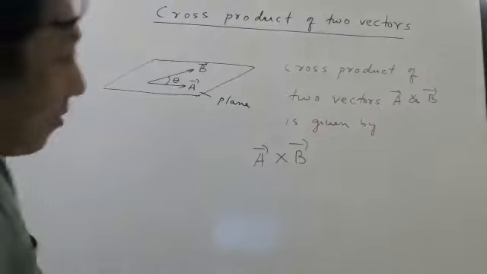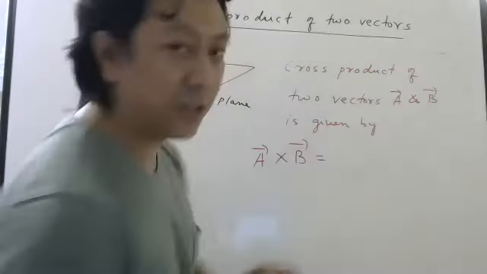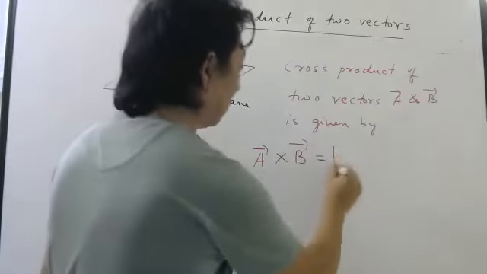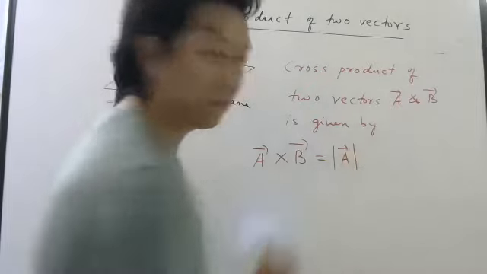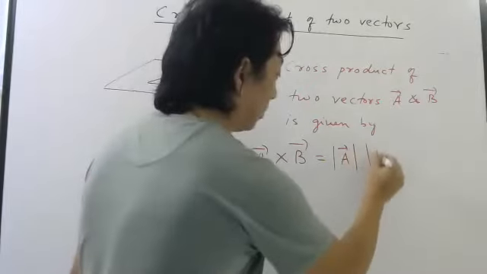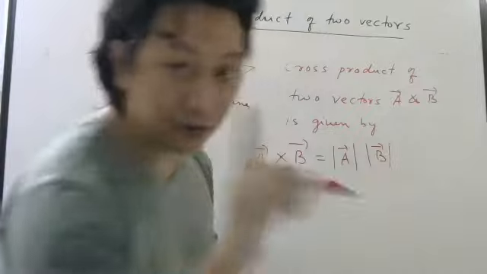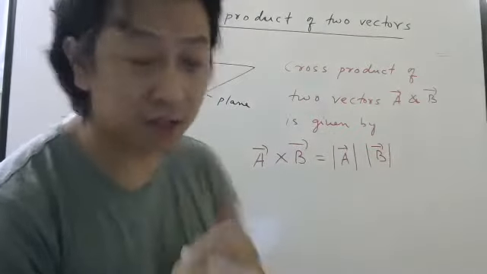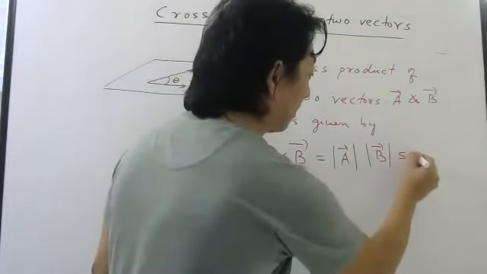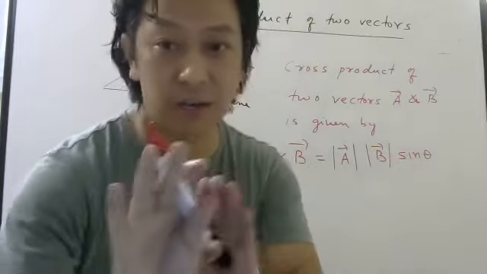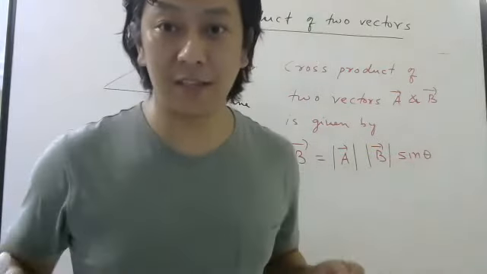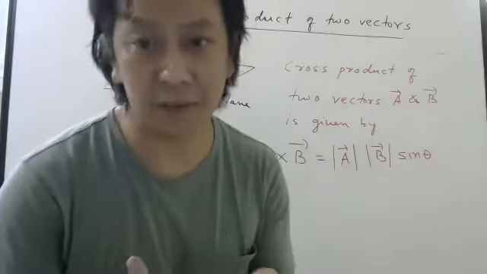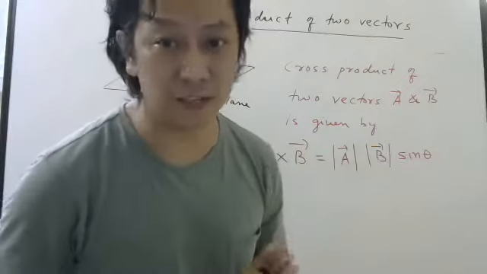Okay. So how do we define this? Look here. The definition is very similar. Magnitude of A bar, a number, magnitude of B bar, a number, but we will not write cos theta, we will write sin theta. Now, if you are thinking, wait, don't jump, don't ask why sin theta. You have to see some examples to understand why we are using sin theta.